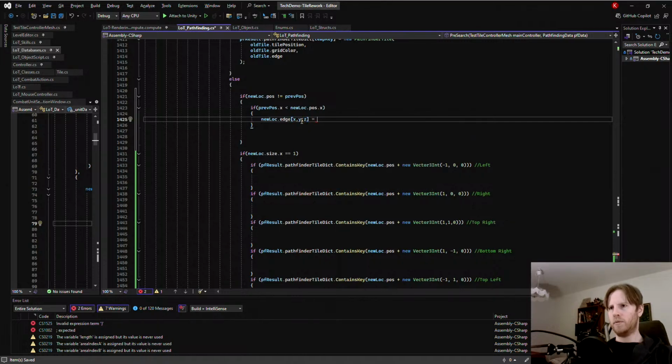Equals, if previous position dot x is less than new location dot pos x, then